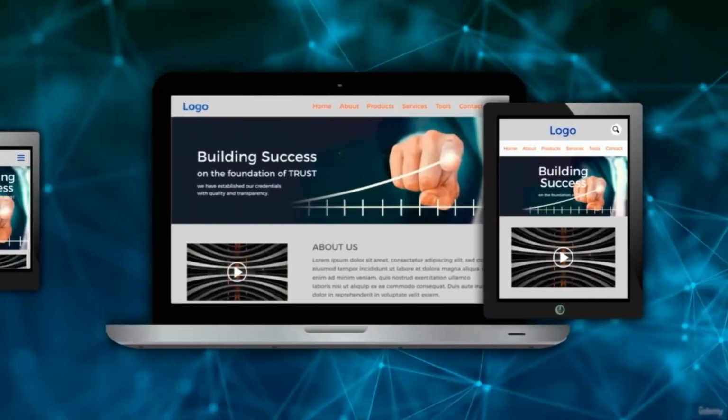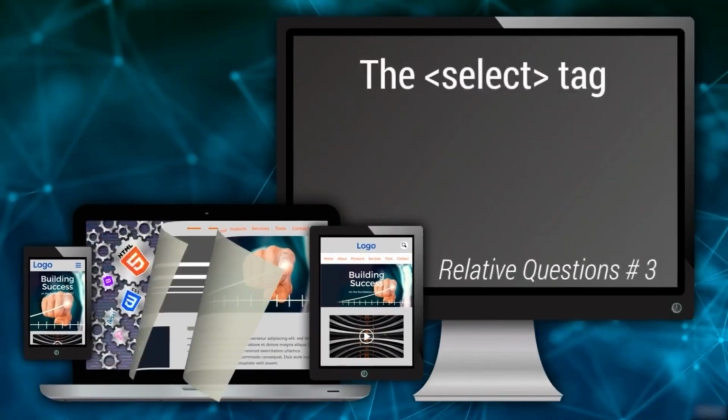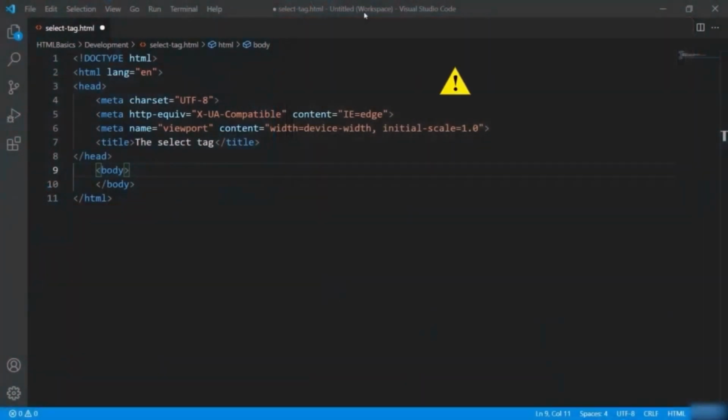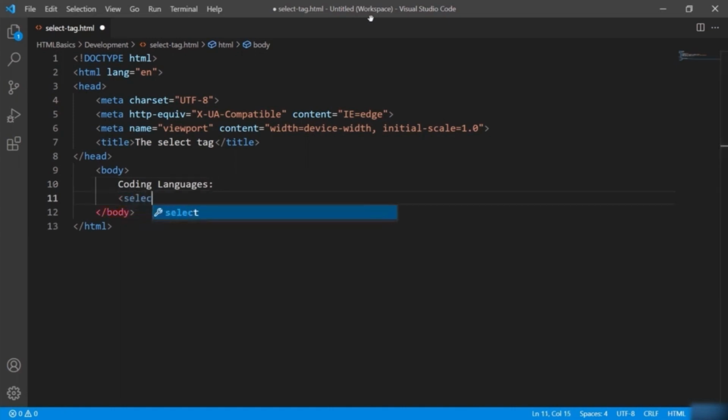In this lecture, I am discussing the HTML select tag. The select tag is used to create a drop-down list with various options inside the HTML document. Let's see an example and discuss the syntax. Let's say I want to create a drop-down list for coding languages. So I will define the text first, suggesting what this drop-down is about. And then I will define the select tag, and between these two tags, the list options are given by using the